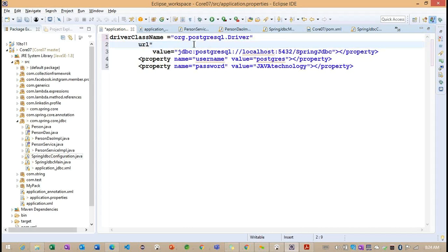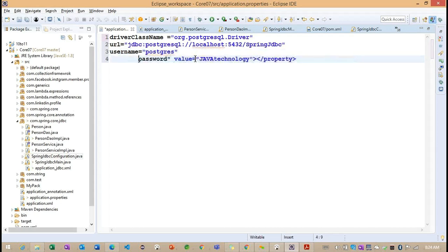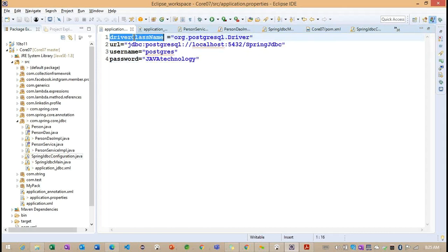And URL. Password. Right. So these are the application.properties file: driver class name, URL, username, and password.